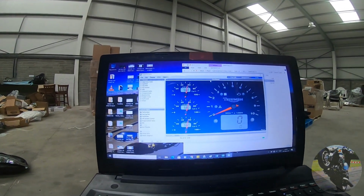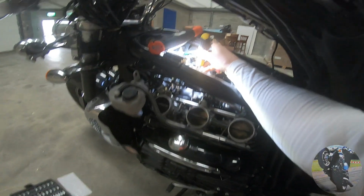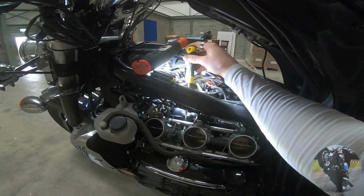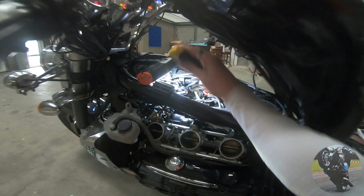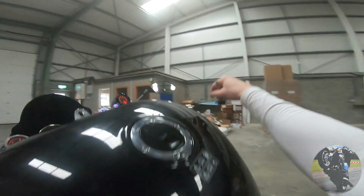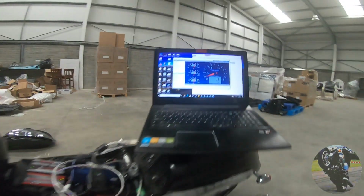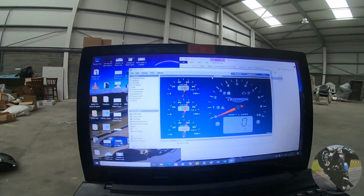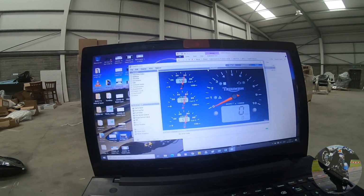No difference. If anything, the middle cylinder has gone higher, so I'm going to go the opposite direction now. Go back anti-clockwise by a quarter of a turn. Actually, I'll go a little bit further, go half a turn. So from where it was, I've now gone anti-clockwise on the front screw by a quarter of a turn. And now I've got 590, 580, 590 on both front cylinders, or sorry, cylinder 1, cylinder 2, which is not